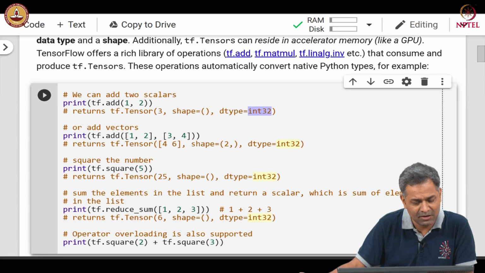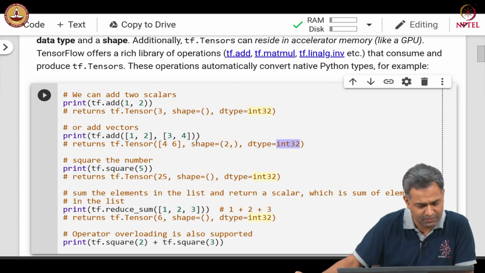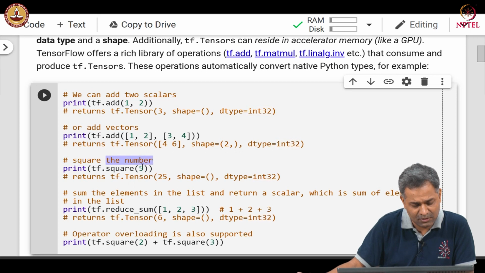In a similar manner, we can add two vectors, and this addition operation returns a tensor which is a vector with integer values in it. We can also square a number, which again returns a scalar tensor. We can also sum the elements in a list.